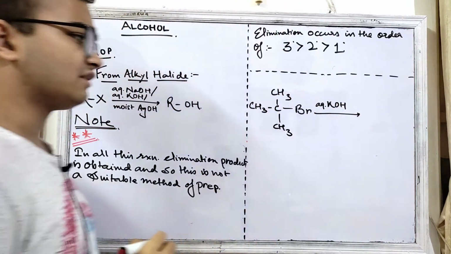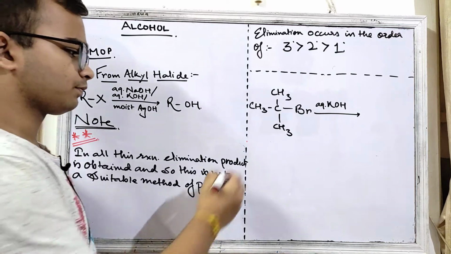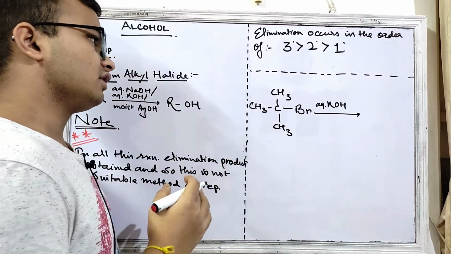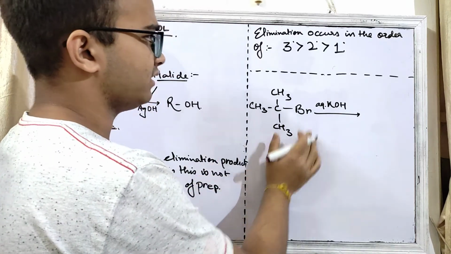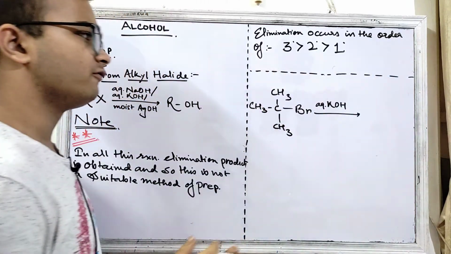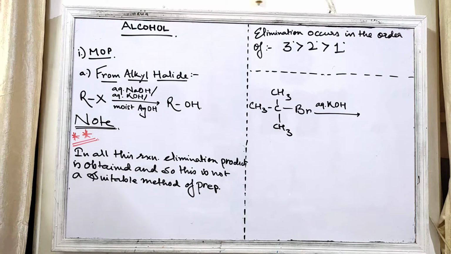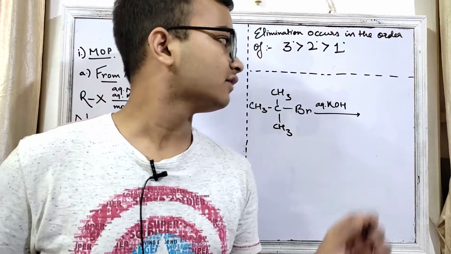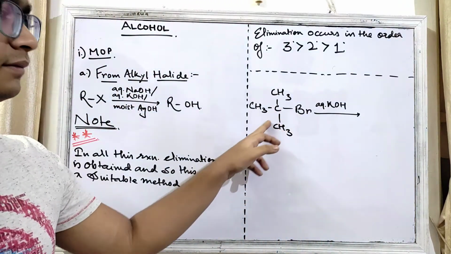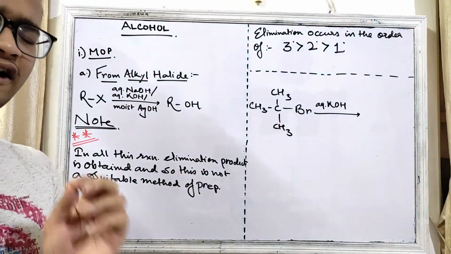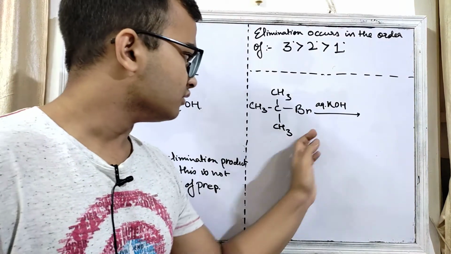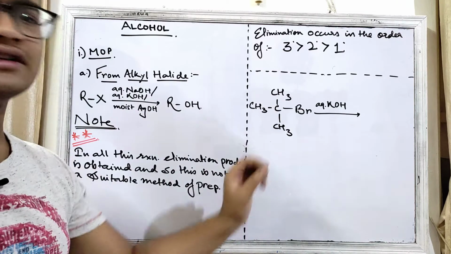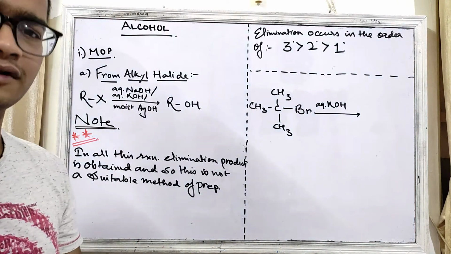Now when you take aqueous KOH, see, this is a 3 degree alkyl bromide, right? Now see, for 3 degree alkyl bromide, elimination product is more obvious, right? And what is the elimination product? Elimination product is always the alkene, because the bond will break and a double bond will be formed over here. If you have studied the hydrocarbon chapter in class 11, you have noticed that when 3 degree alkyl bromide is treated with aqueous KOH, alkene is formed. This is the method of preparation of alkene.